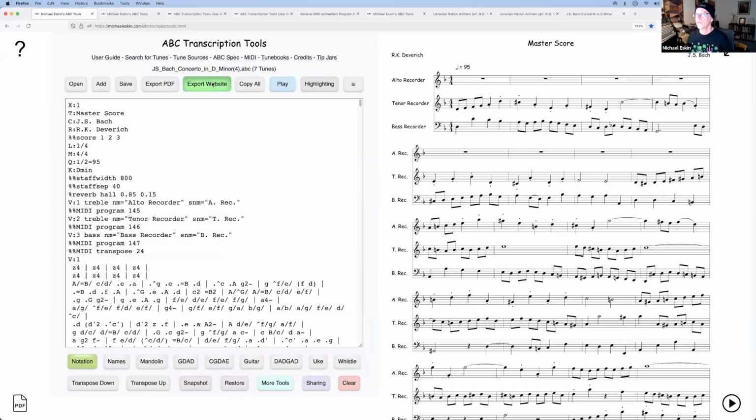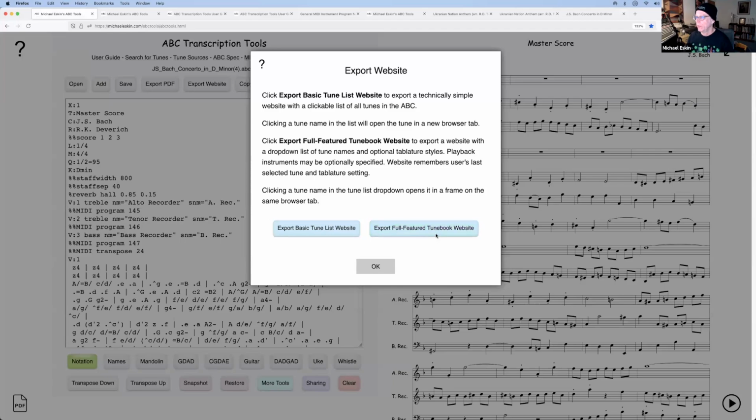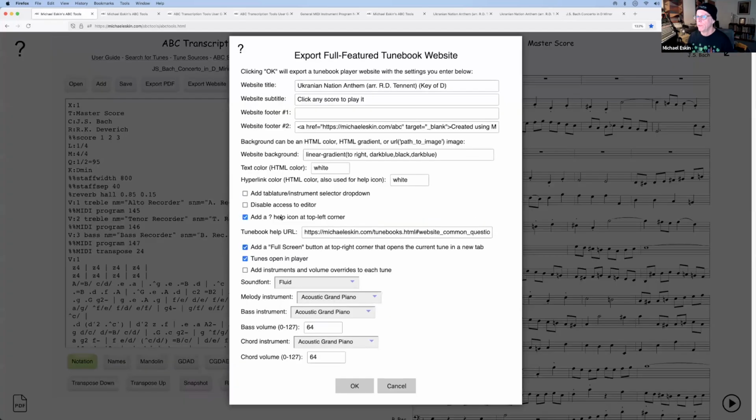When you do the export website, I'm going to do the export full featured one. There is an option that says here, disable access to editor. And if you click that, and we're back to the concerto here, if you click that disable access to editor and generate the website,